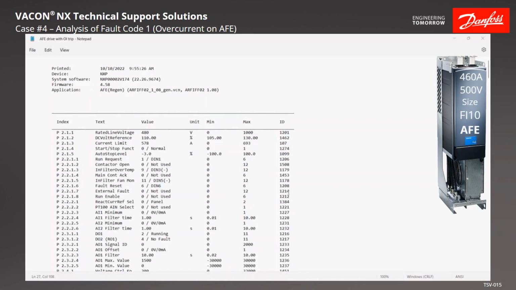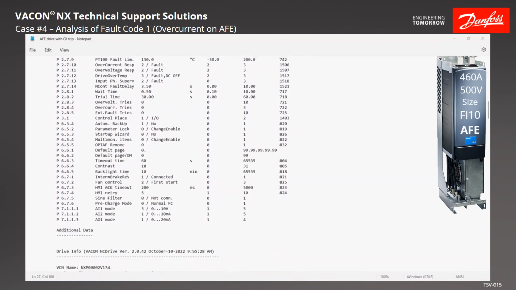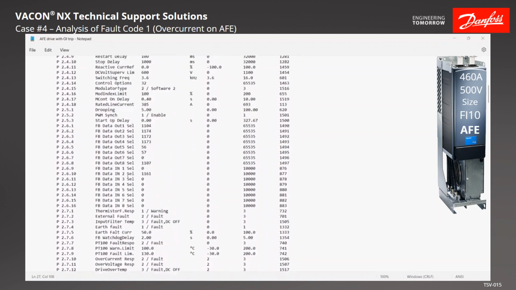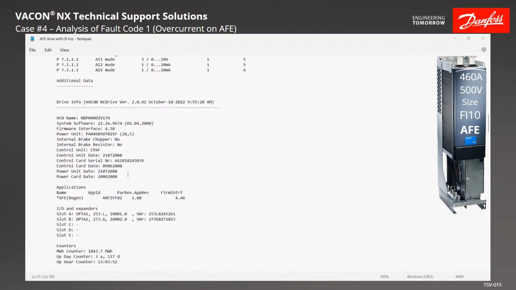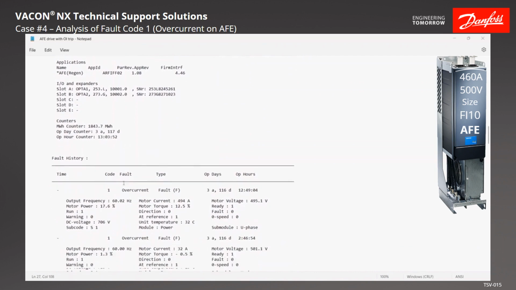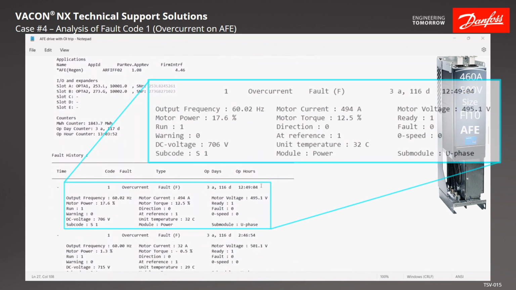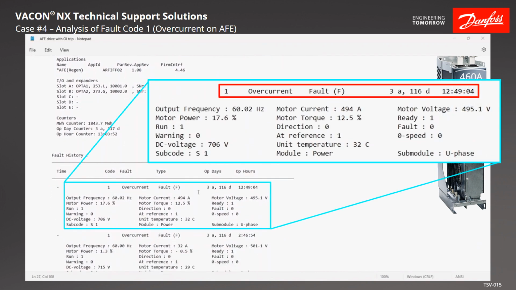In this example, we will look at an AFE drive that was getting overcurrent trips. There aren't nearly as many parameters in an AFE drive as there are in some of the other drives, but we're going down to the fault history. We'd see we got overcurrent trips in the fault history happening at 3 years, 116 days, 12 hours, 49 minutes,